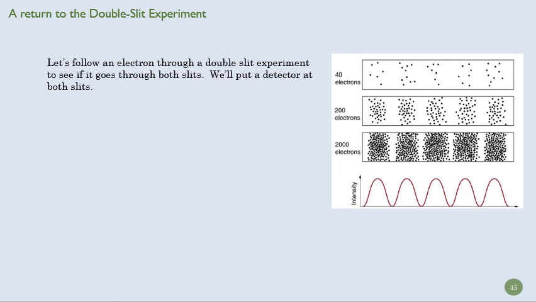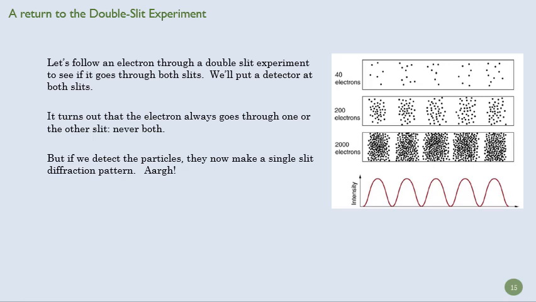We want to know, well, which slot is it going through? We'll put a detector at both slits, right? So we can tell at least which slit the photon's going through. Okay. If we do that, it doesn't go through both slits. So one of our suppositions is maybe the photon goes through both slits, and that means that it's interfering with itself in some way. That's not the case. Okay, so it always goes through one, we can detect it, but it doesn't set off both detectors.